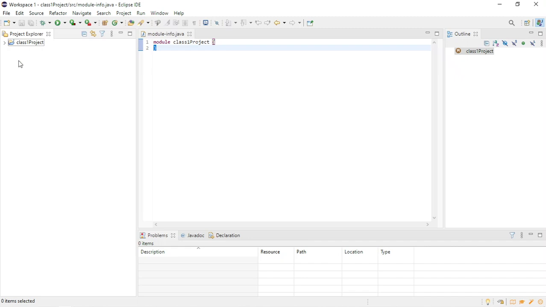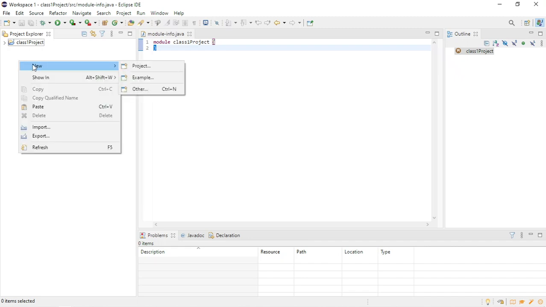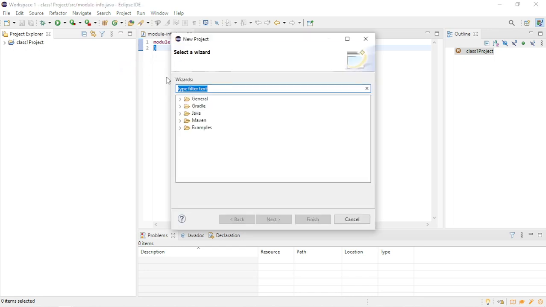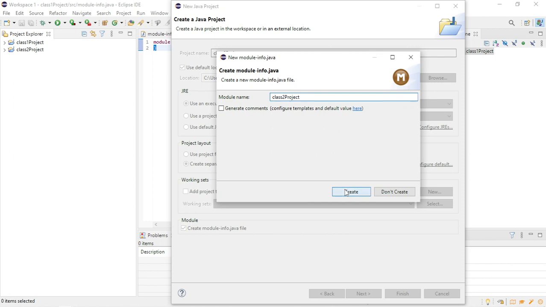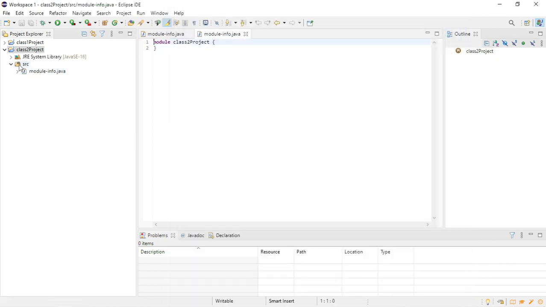If I want to create another project, right click here, new project. So click on project, and here you will see Java. Earlier we were getting one statement like create a Java project, but after you created one project, that will not be visible. So we need to right click on Java, click on Java project, and after that click on next. So again I can give some name like class 2 project. So class 1, class 2 project. Click on finish and click on create. Now you can see we have a project. Similarly, you can create a number of projects here. Is it clear to everyone how to create a Java project?